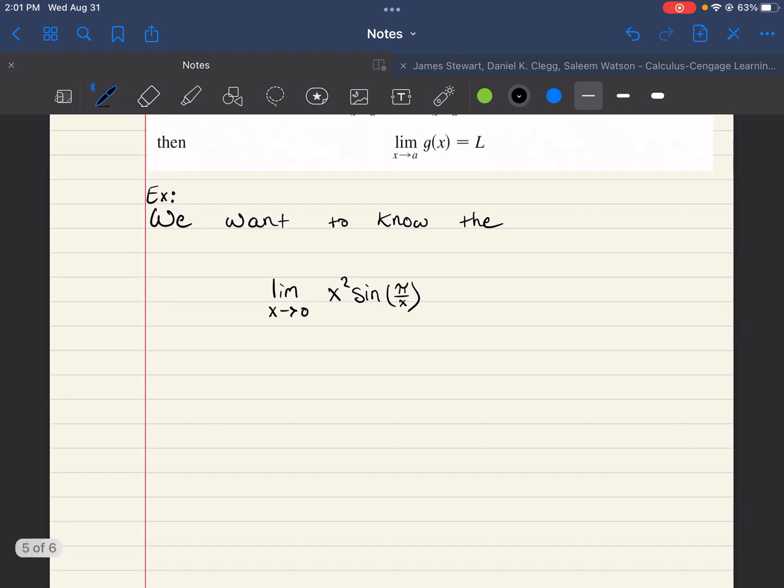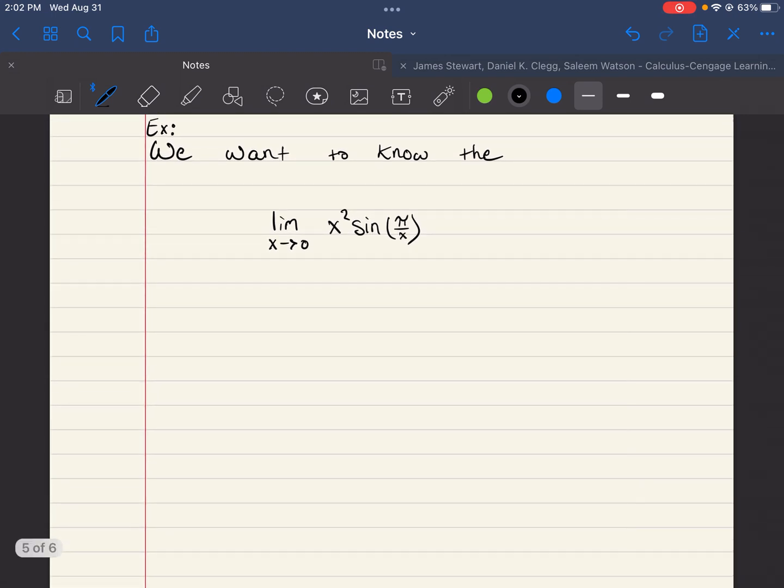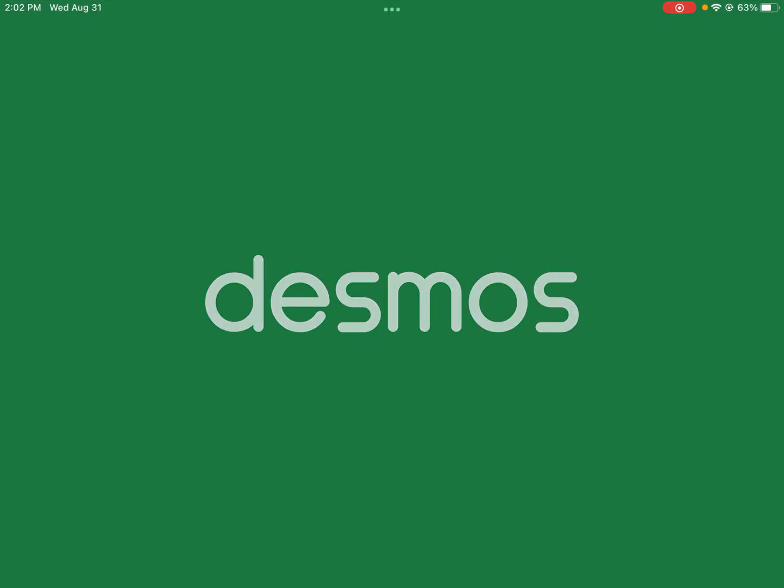So considering the example, when we want to know the limit as x goes to 0 of this function right here, which we'll call g of x, x squared times sine of pi over x. We see that there's a discontinuity at x equals 0 because we have an undefined sine there. So let's jump over to Desmos and